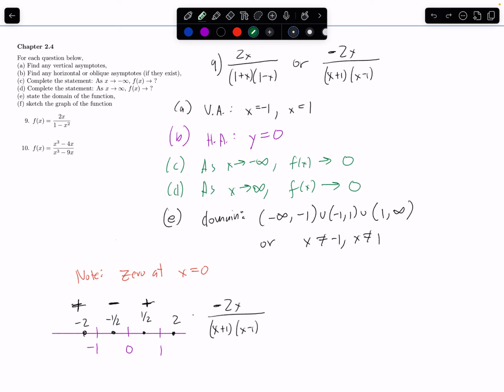Over here, I mean. Okay, what if I plug in 2? 2 times negative 2 is going to be negative up top. 2 plus 1 is positive. 2 minus 1 is positive. So overall, it's going to be negative. Negative. Okay, so now that I know the signs of everything,